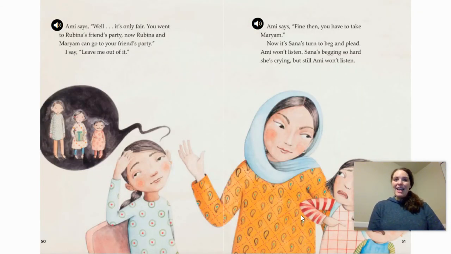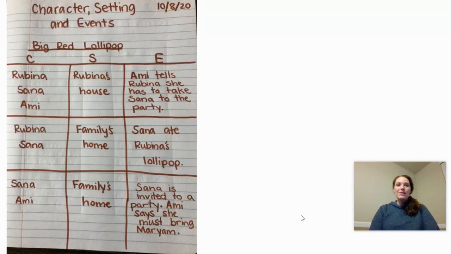But here I see that Rubina is remembering what it was like after the party and how her friends weren't as nice to her after the party. So she's trying to convince Ami that Sana should not have to bring Miriam to the party. And so that brings us to